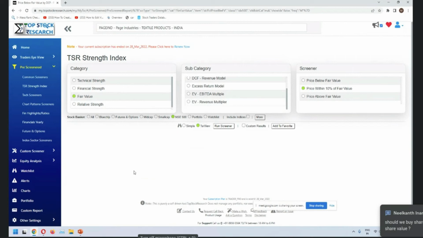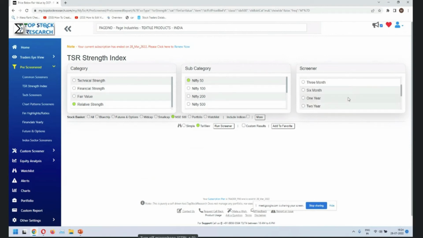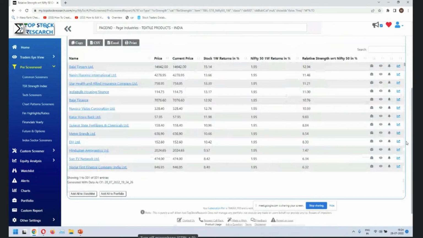Now, relative strength is another very interesting thing. How is the stock vis-a-vis the index? For example, if you're looking at Nifty 50 on a 1 year period, right? So if you look at the stocks which are giving you results,